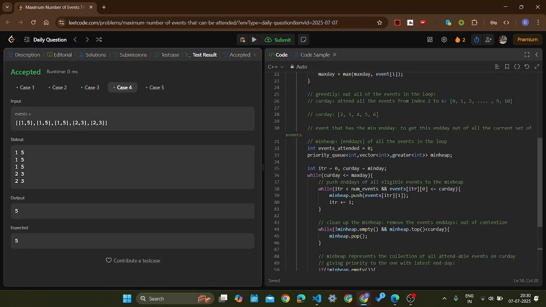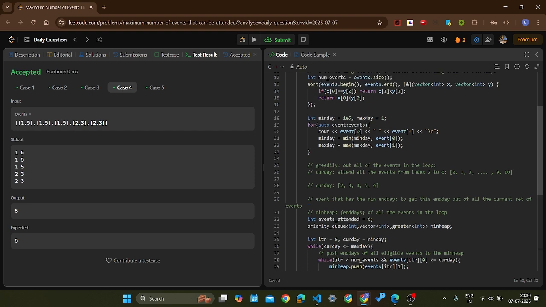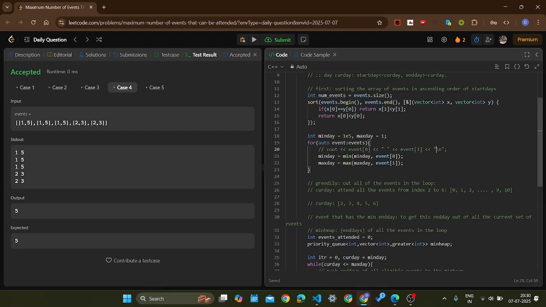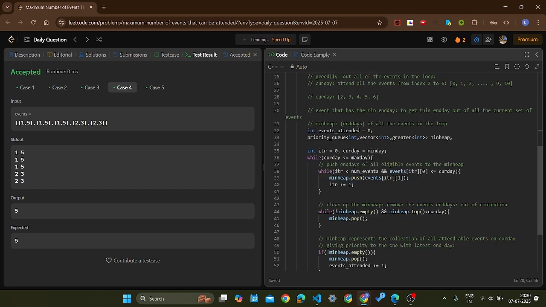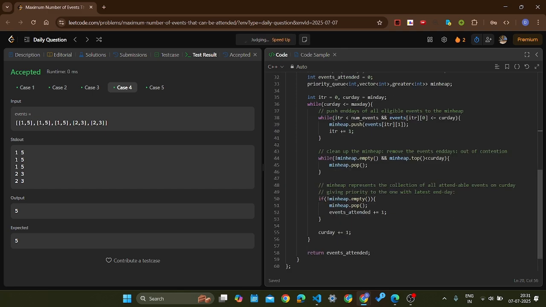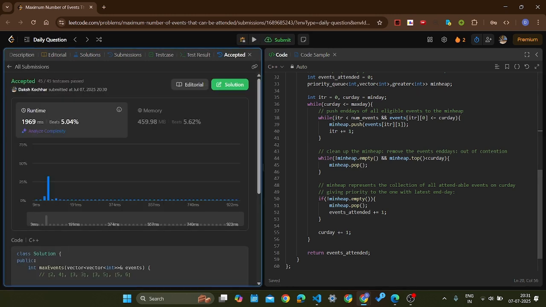As I see it's running accurately, I'll just clear the console out and make the submit. All right. So still it's taking quite some time, but I don't see a lot of variance.